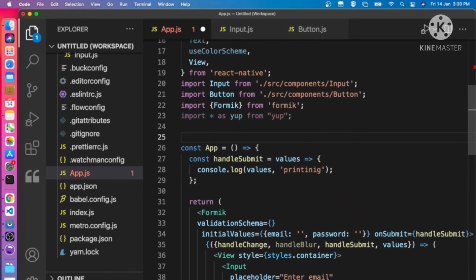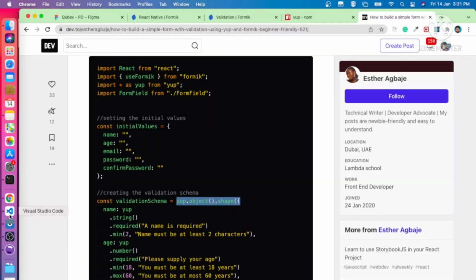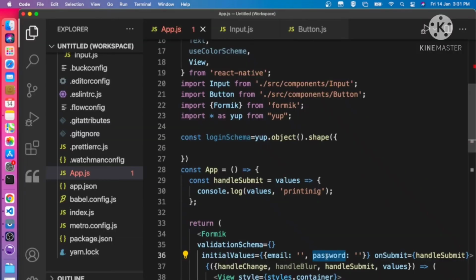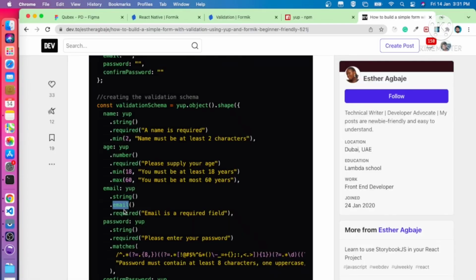Now if you look into here, you can see Yup.object.shape. This is the schema create method. So you can just add this method here. Now I need validation for, I have added two properties here, email and password. I need to add validation for email and password, right? So we can just check out the documentation. Here you can see the validation for email is Yup string email, and this is a required field, right? So we can just copy this one,